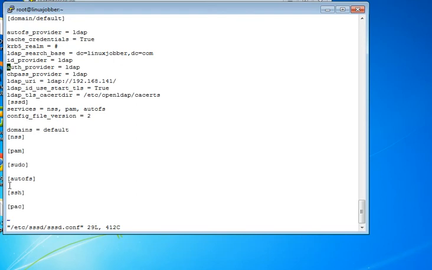So one thing we have to put over here, if you want to find the LDAP users, you have to do enumerate equal to true. If you don't do that, for some reason, it will not find the user. So you always have to put that in there. Cache credentials, if you want to, you can have it cache credentials. This is correct. Actually, there's an S here, right? There's an S here because we're using TLS. And if you don't, maybe I typed it incorrectly when I typed it in. Now I am not using CA certs, and those are the changes that I wanted to make